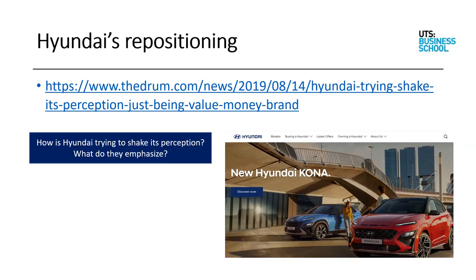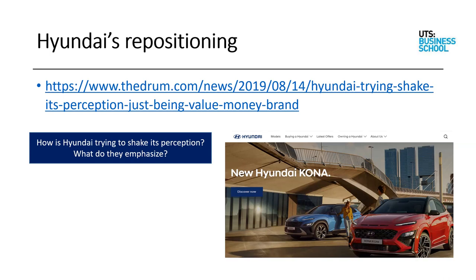And at the same time, the market for electric cars was opening up. So a challenge for Hyundai was how to reposition themselves, given that they have a very product-driven approach and positioning in the minds of the consumers as being a value for money brand. And that would not essentially hold in the new market for electric cars, which were comparatively more expensive. And so the whole story about Hyundai is how it